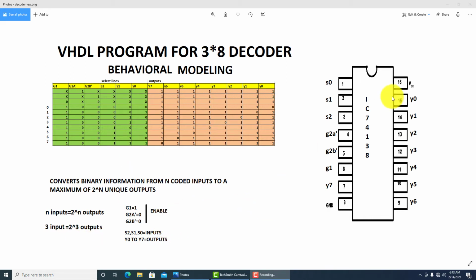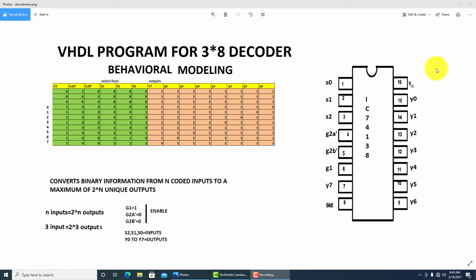This is the IC 74138. In this, G1, G2A complement and G2B complement are the enable pins, that is, control pins. Next, S0, S1, S2 are the input pins. Y0 to Y7 are the output pins.